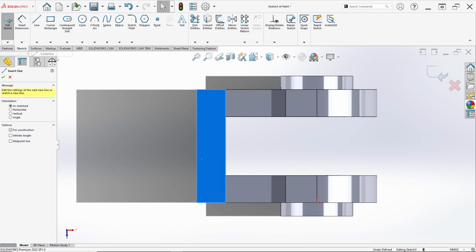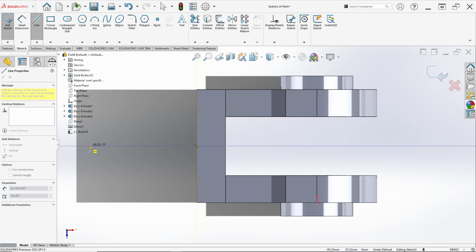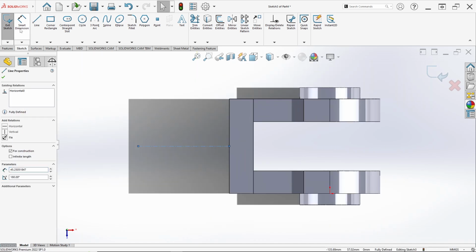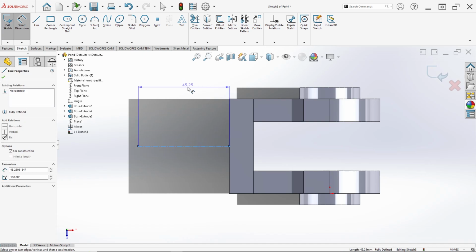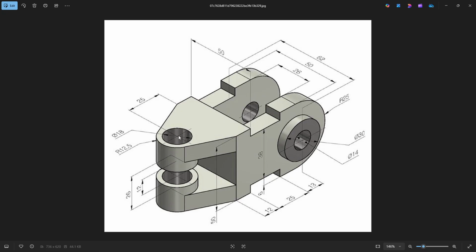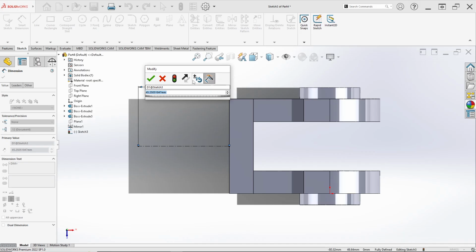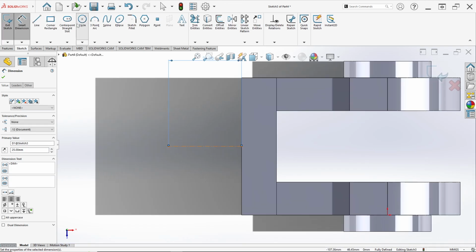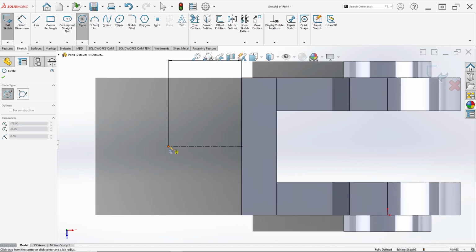Okay, select the center line again in here. Ensure we can draw from this point, the center of the part. Make it horizontal, and we can set the dimension in here. The center of the hole to this edge is 25, so we can input 25 millimeter for the center line in here. Make a circle again, 2 circles